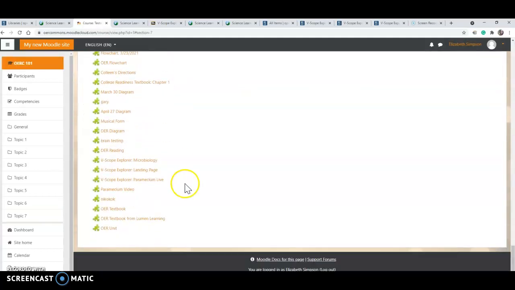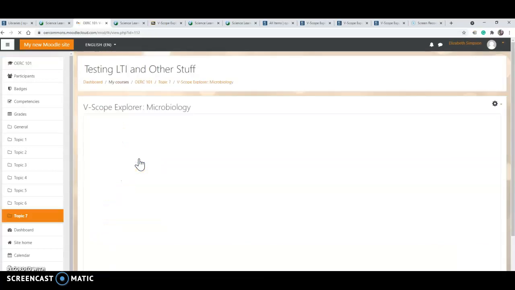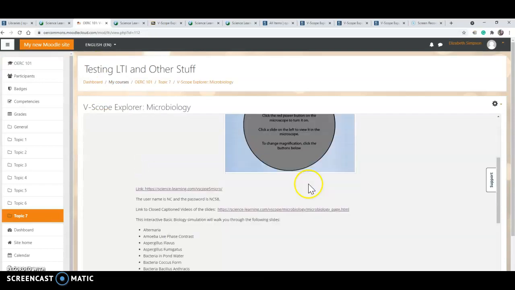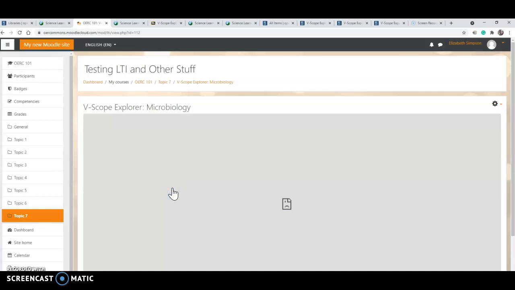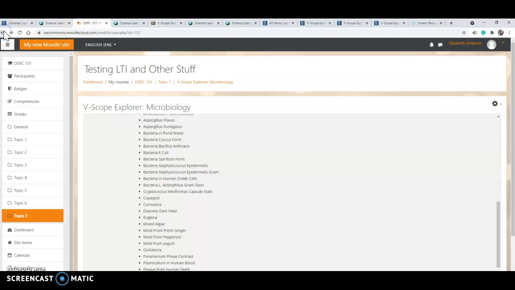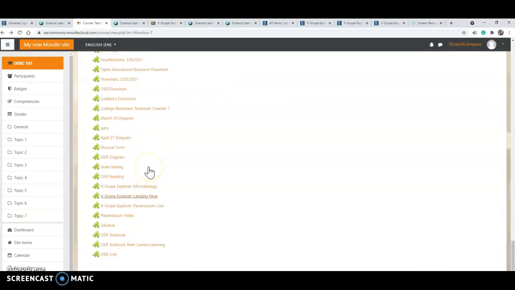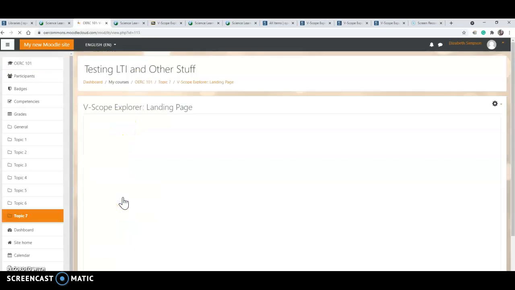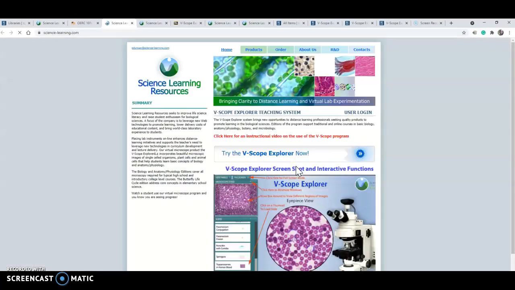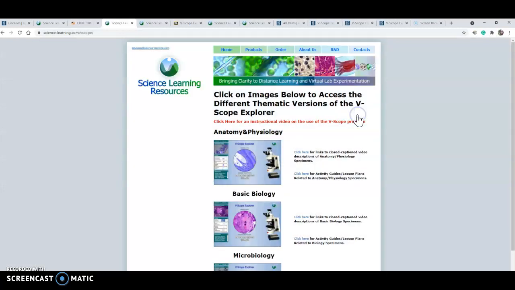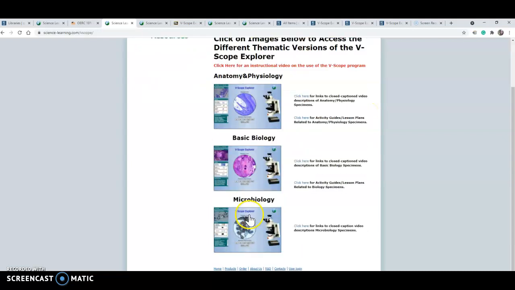So here's a microbiology item. Opens just fine. We go to the link. Same problem. When we go to the landing page, come on, buddy. And landing page in Moodle. Open it in a new tab. There we go. So basically what we'd like to do is be able to link to the individual items rather